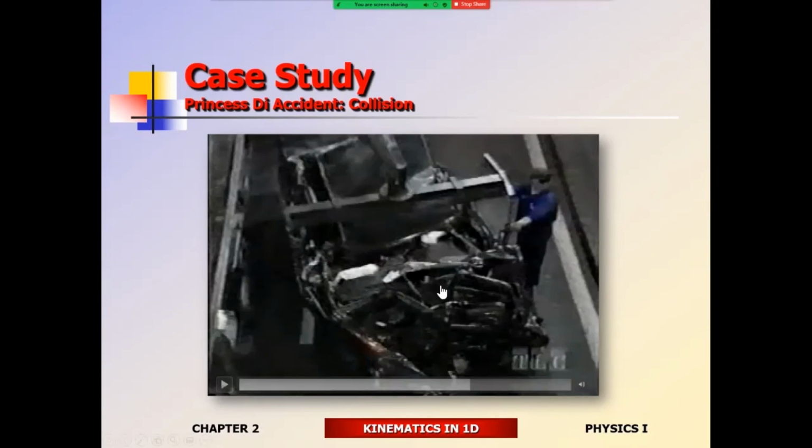So if you're driving by, if you see a car like that, you would expect people in the car to be dead. And it wouldn't surprise anyone that you have 4 people, 3 of them are dead. You would be surprised that even one person survived that. And then when you find out that the survivor was in a coma for about a month, you go, okay, then that makes sense. That's the way you would look at it because you guys have a lot of common sense. And common sense is no substitute for education.